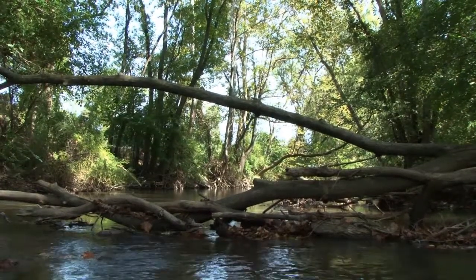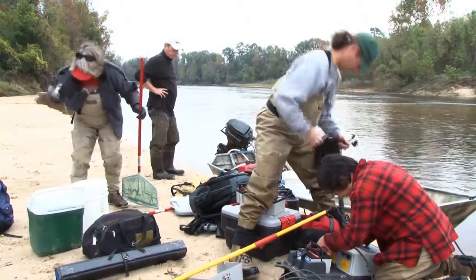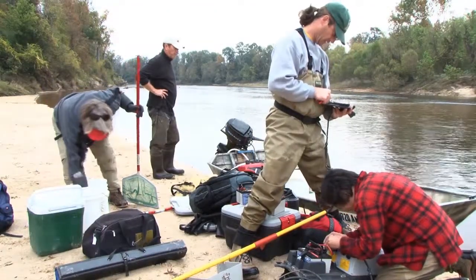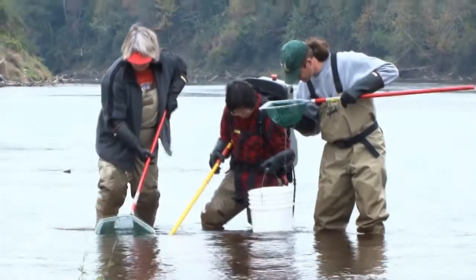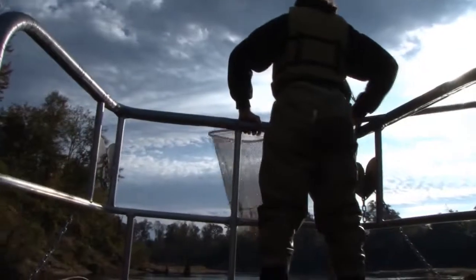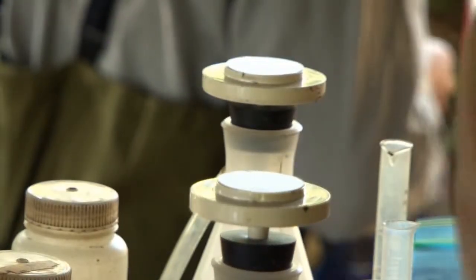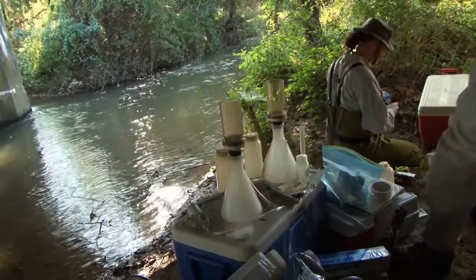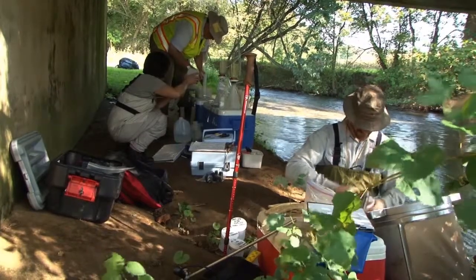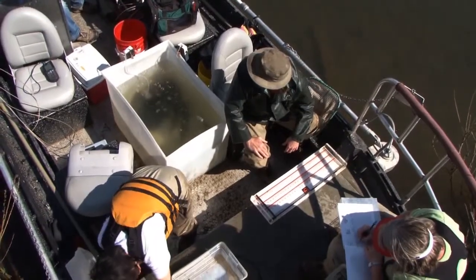The long-term receiving water study is a multifaceted study, which is focused not only on looking at the fish and the benthic macroinvertebrates and the algae in the receiving streams to which we discharge our effluents, but it is also focused on laboratory studies of those effluents, including both whole effluent toxicity testing and also measurements of various chemicals within the effluents. So we have collected over a dozen years worth of data which allow us to correlate the effects